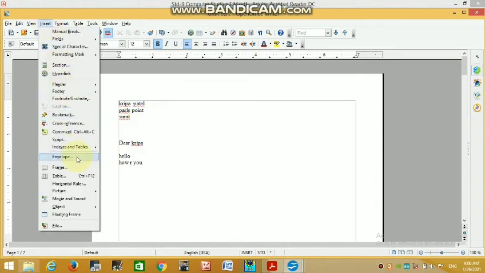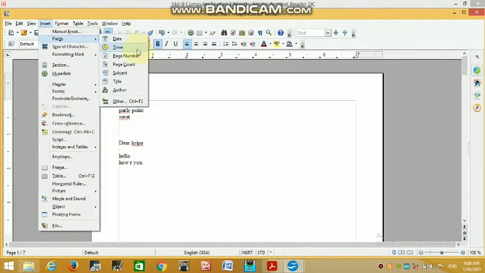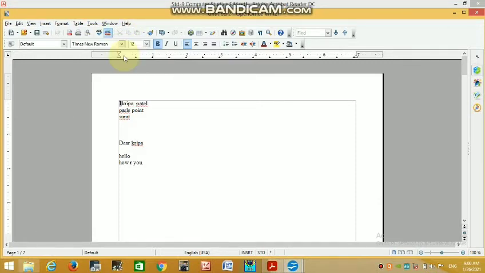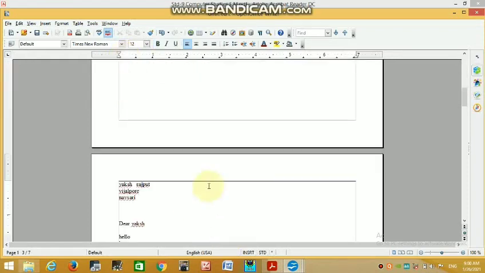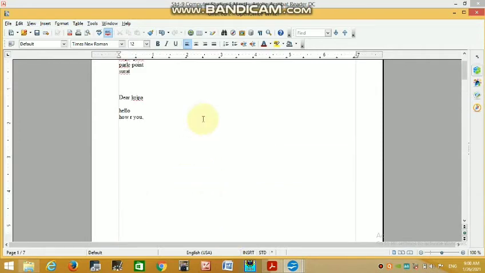Okay, put your cursor at the end of our document where you want to give a page number.